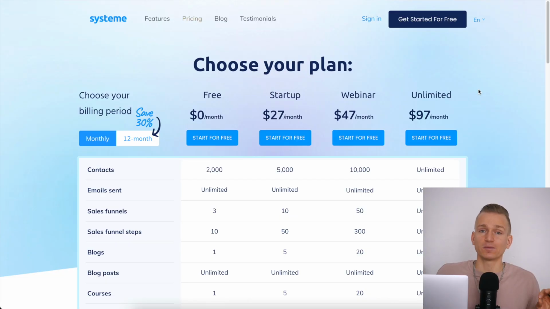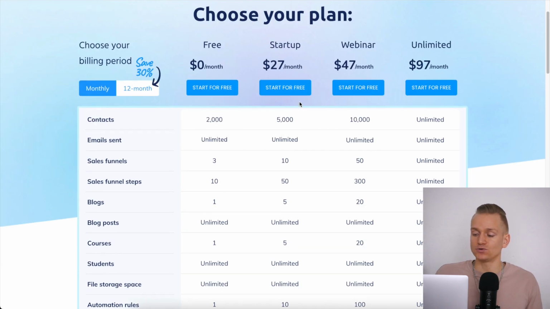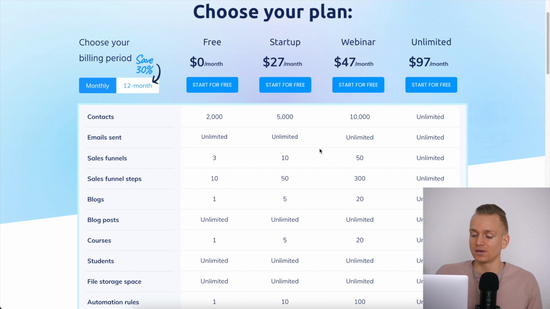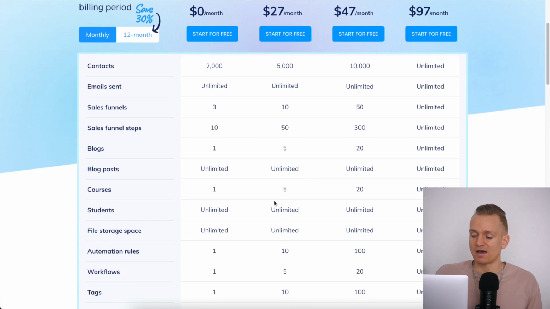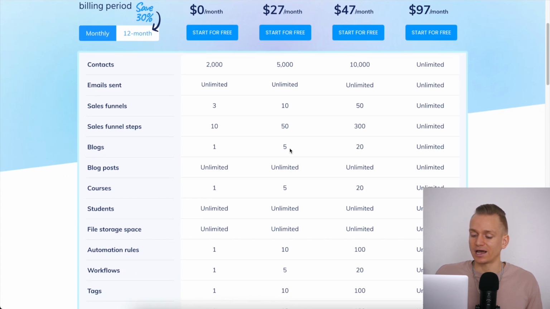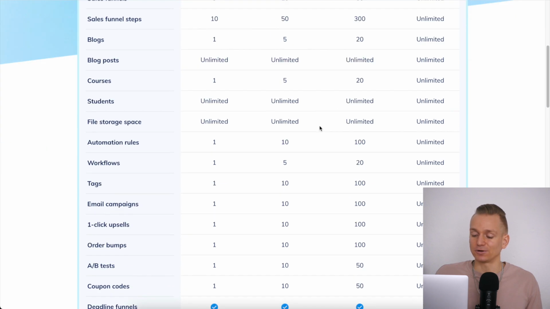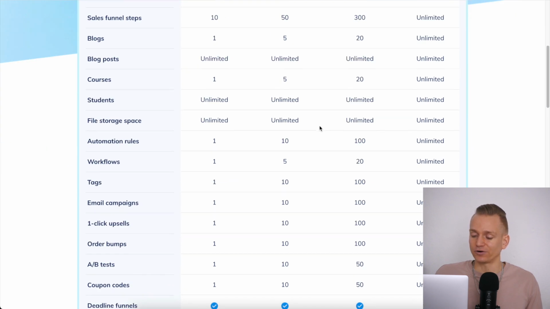And another cool thing about this is that, as I mentioned, it's completely free to start with, but even later on, if you want to upgrade, so as you can see, the startup, so the next plan is $27 per month. And here now you can have 5 courses, you can have a bunch of sales funnels, you can have a bunch of sales funnel steps, so on and so forth.